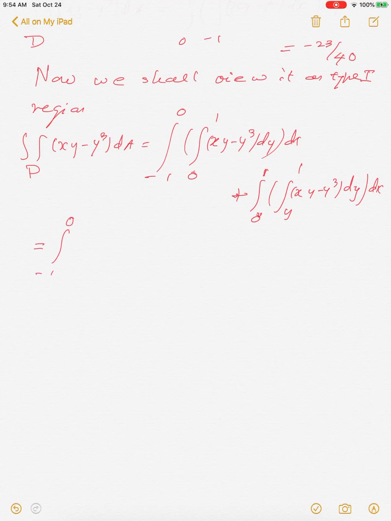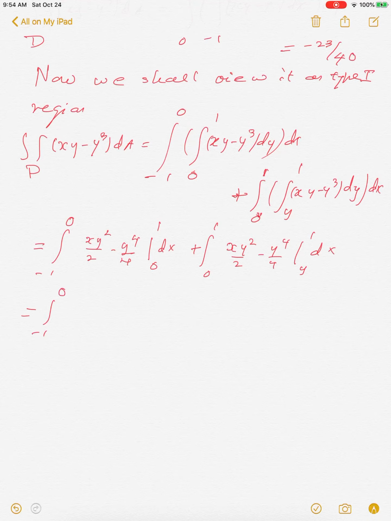So let's do this. Minus 1 to 0, integral of this with respect to y first. So you will get xy squared by 2 minus y to the 4 by 4, and that is between 0 and 1, dx, plus integral 0 to 1. Again, you are going to get xy squared by 2 minus y to the 4 by 4 between x and 1, dx. Now I have to evaluate this first. At y equal to 1, I get x by 2 minus 1 by 4. At y equal to 0, I get 0,